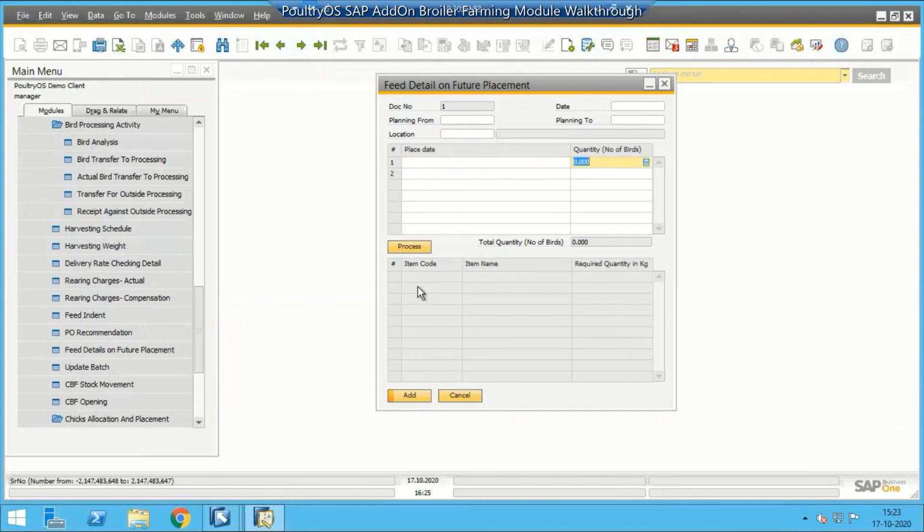On the basis of that, the system calculates how many feeds you need for the month of December. So in advance, I get the feed requirements depending on the age and possible live quantities, and based on that I can plan my feed production accordingly. That's a good feature.